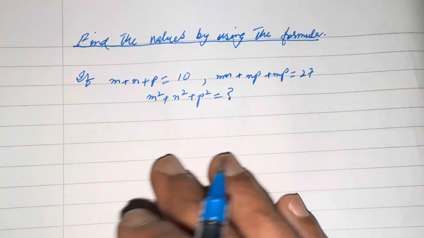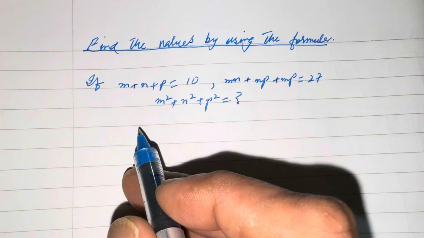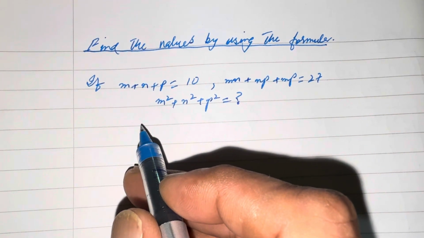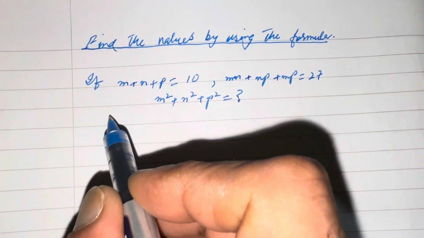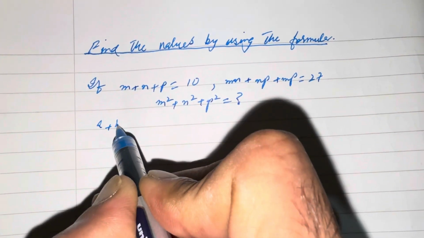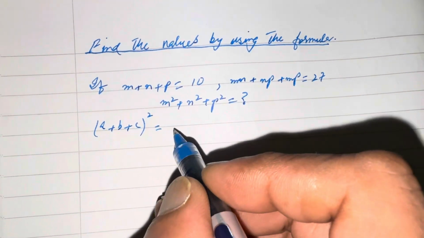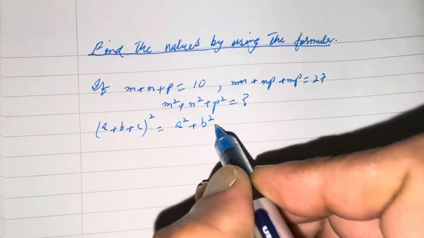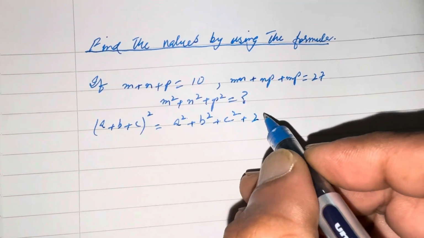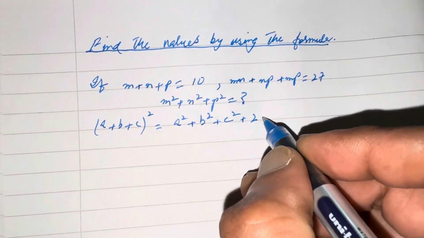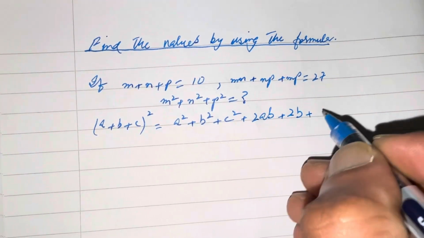If you remember, when we were learning about the formulas, there was one formula with three variables, and when we take the square of three variables adding with each other, we can write the formula like a plus b plus c whole square is equal to square of first plus square of second plus square of third plus 2 into first into second, 2ab, plus 2 into second into third, 2bc, and plus 2 into